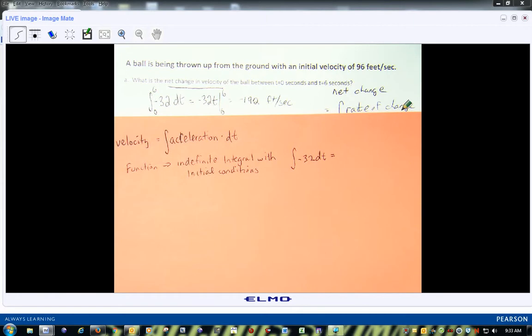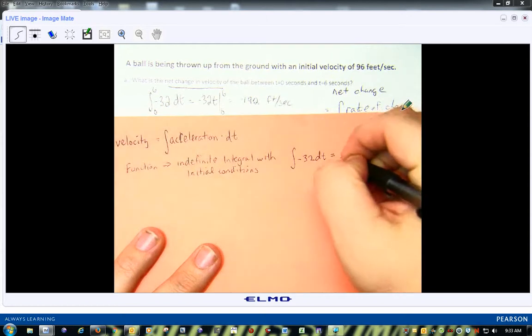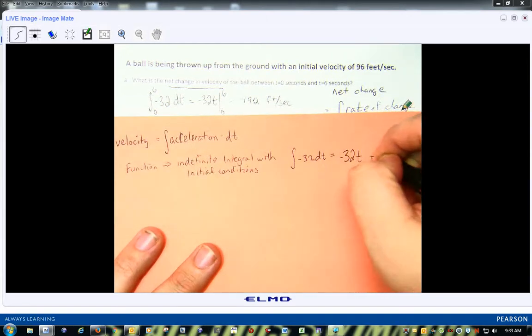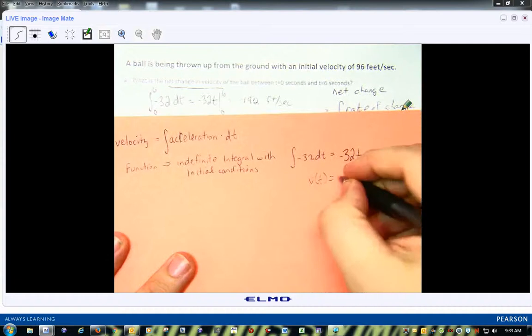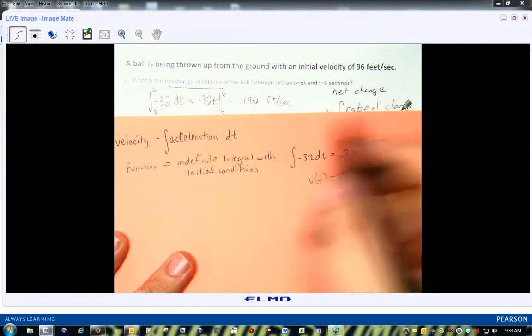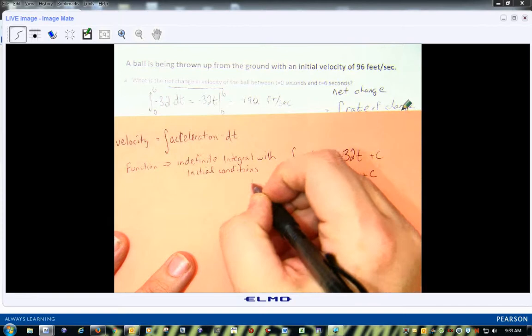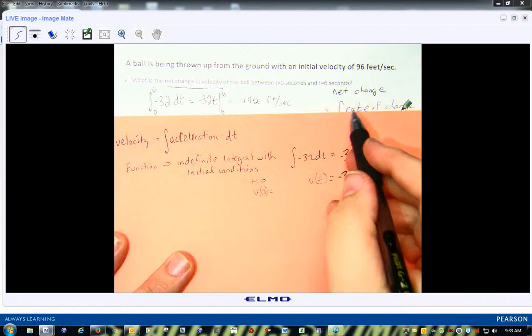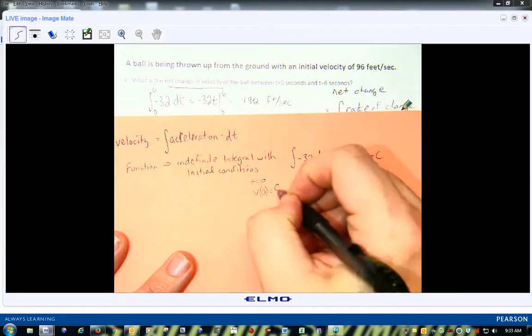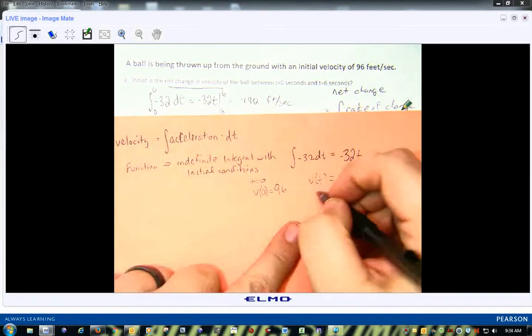Everything goes to crazy. All right, what's the integral of negative 32? We know that. Plus c. So my velocity is equal to negative 32t plus c. Alright, but when t equals 0, what was my initial velocity? 96. So I know when I have v of 0,